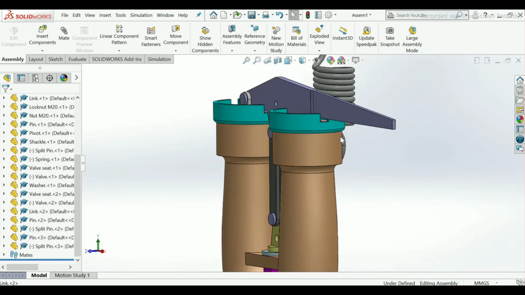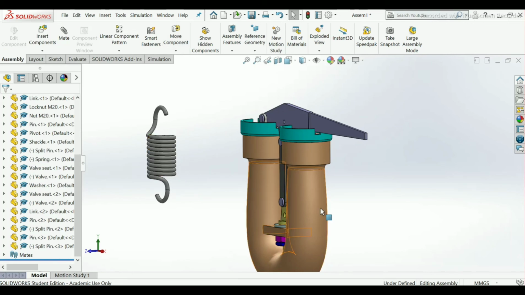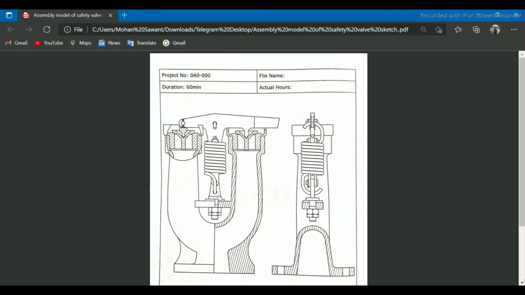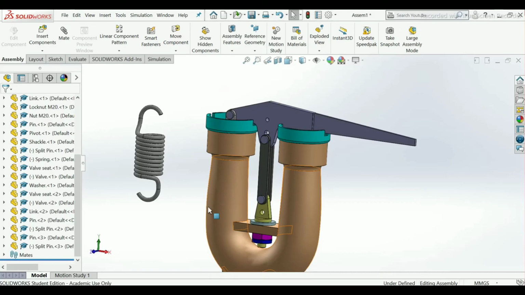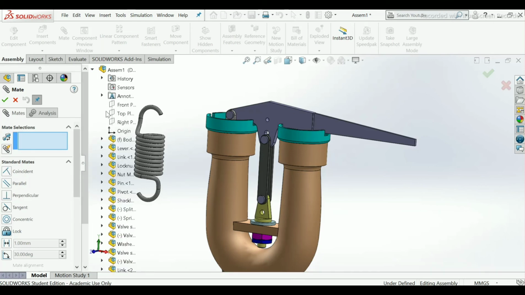Now our last component, that is the spring. To fix this in between this hole and this hole, as you can see here, I will go to assembly, mate, scroll down here.